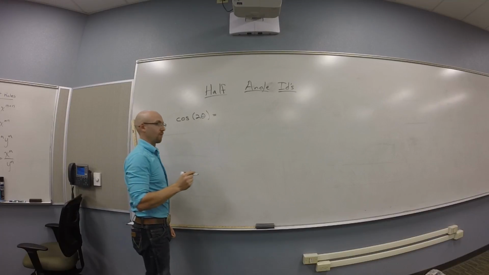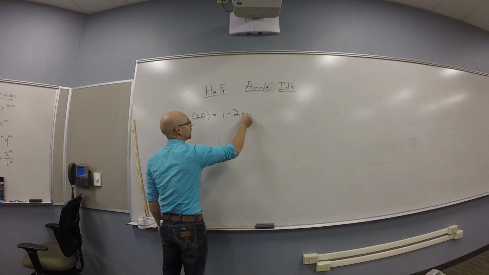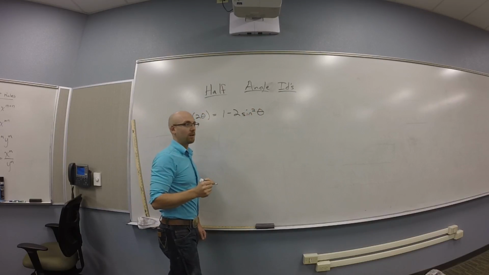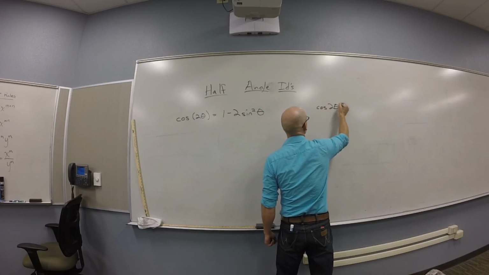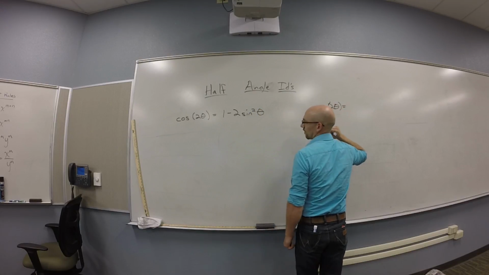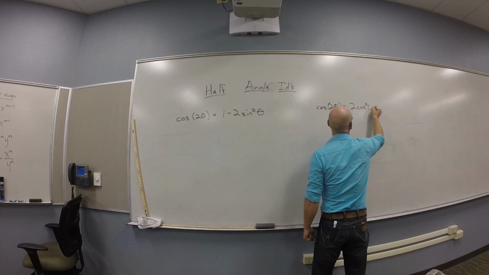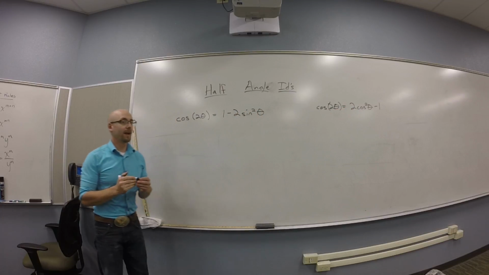Negative 2 sine squared theta plus 1. So 1 minus 2 sine squared theta is one of them, right? And the other one is that cosine of 2 theta is what now? 2 cosine squared theta minus 1, right? Okay, now,